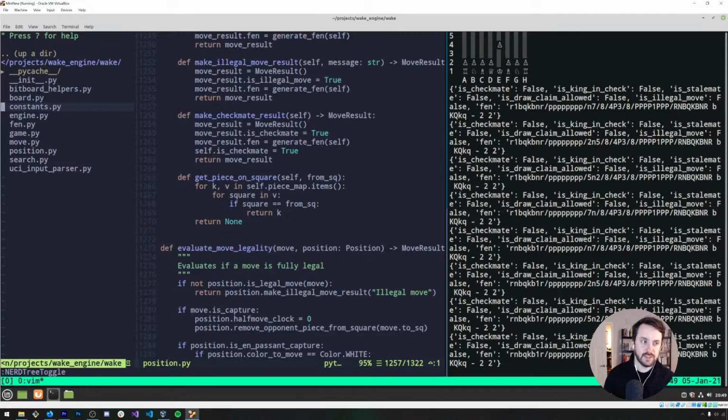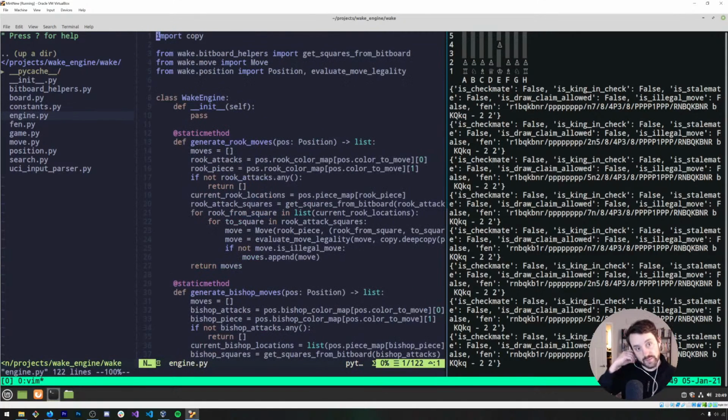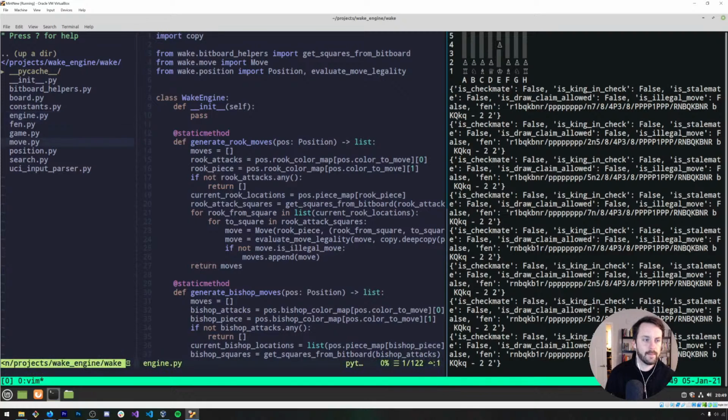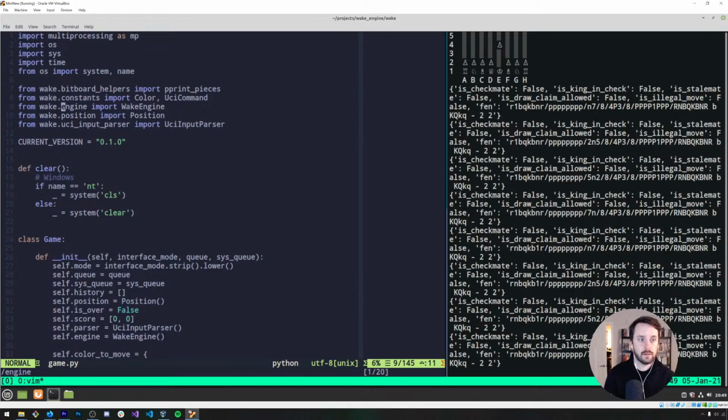Or where is engine actually implemented? Engine imports position. Maybe in game.py, do we have engine? Yeah, engine.